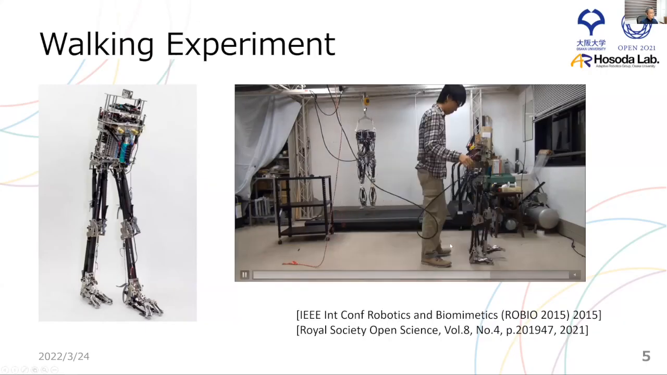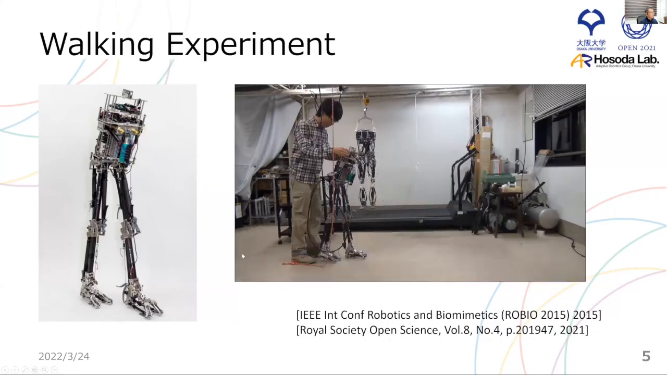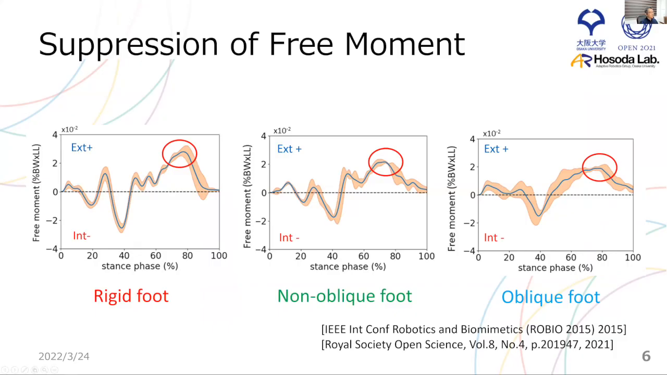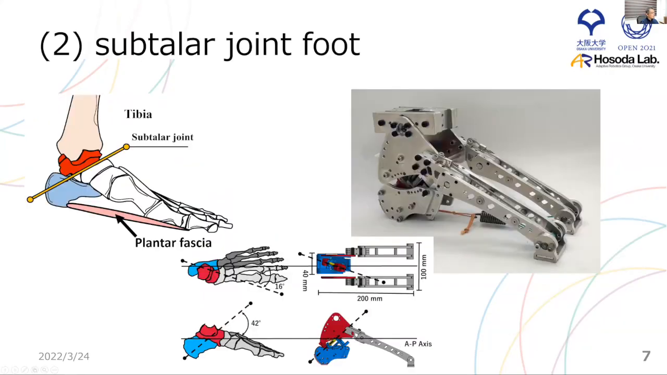And this is the result. We put a force plate there to sense the yaw moment, and we found that by using the oblique foot, we can suppress the yaw moment, which would otherwise generate the yaw movement of the torso. After that, we changed focus to the subtalar joint